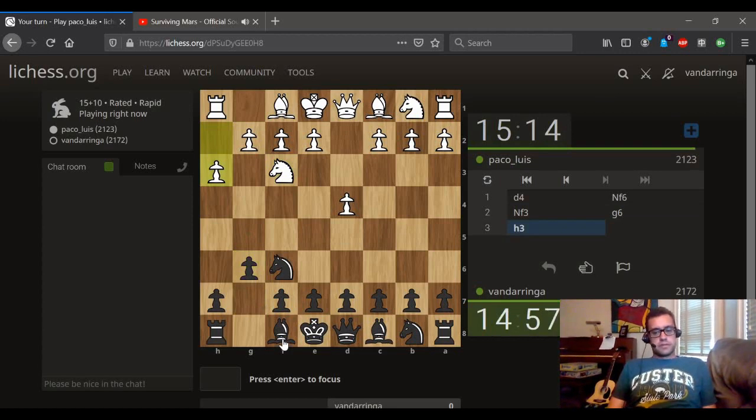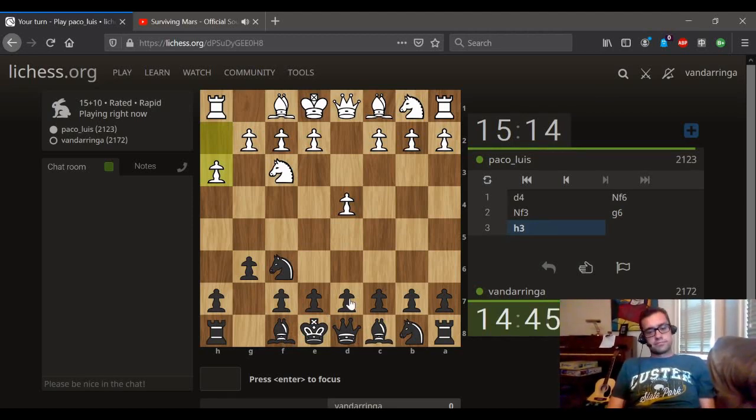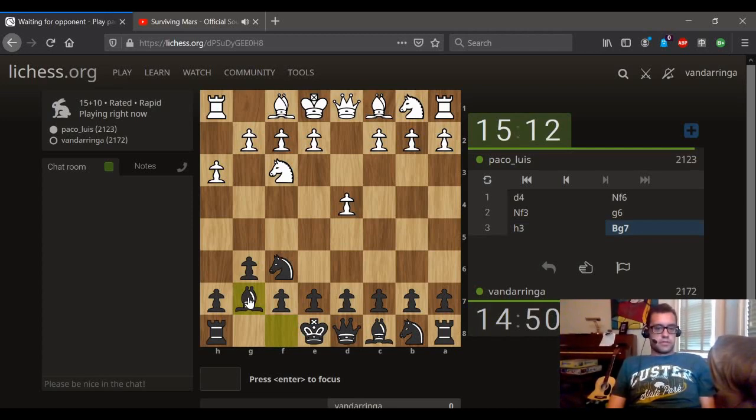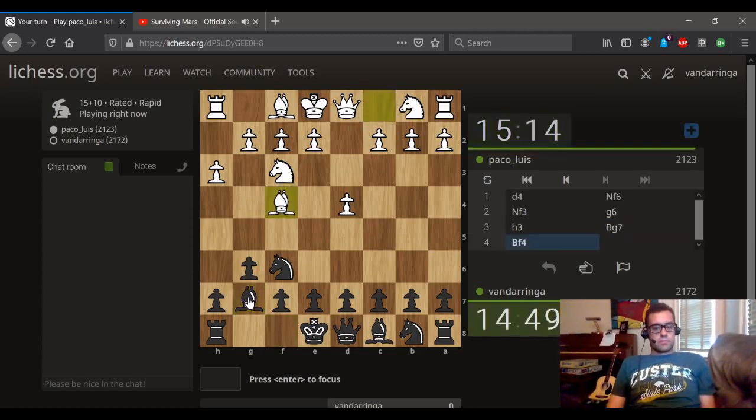h3. Okay. Yeah, I think I recall seeing that that's a line. Let's just do our thing here. Bishop f4. Okay, I could play d5. This would get me out of my opening book. But